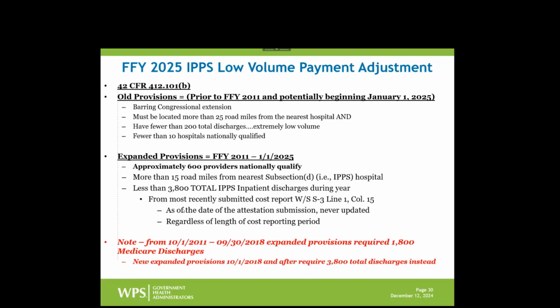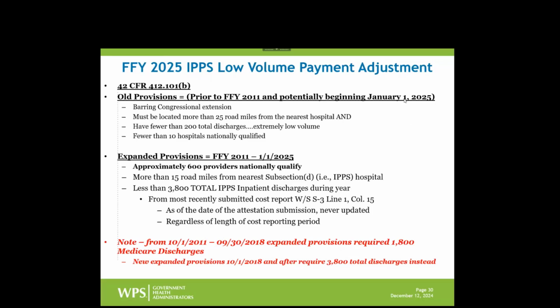Based on our current understanding from CMS, they're not going to split the year and have two different payment percentages. HFS cannot even handle that right now. That's not built into the cost report to allow that. So I'd be very surprised if CMS allowed for a different discharge count to be used for different periods of the calendar year. There's obviously a split if you have a different cost reporting period. If it spans 2 calendar years, of course there's going to be a split for those 2 calendar years. But within a calendar year, there's no mechanism for a split. So that's my point there.